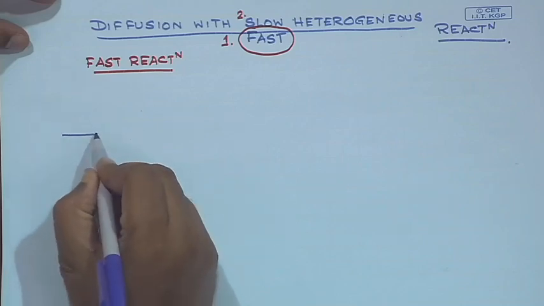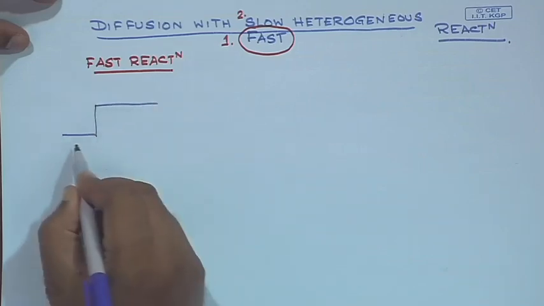Since there is no distributed generation or distributed depletion of A as it travels through this thin film, the reaction term does not appear in the governing equation. The governing equation will be considering only diffusion. It is a diffusion only case when we have a thin film. The surface reaction will come as a boundary condition while solving the governing equation. So, we will see that, and the example that we are going to do is that of a catalytic